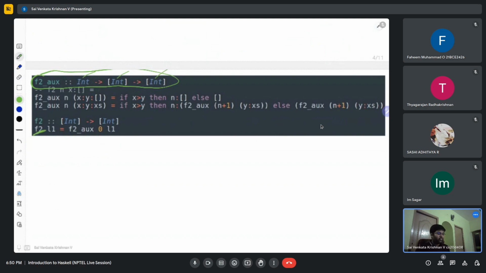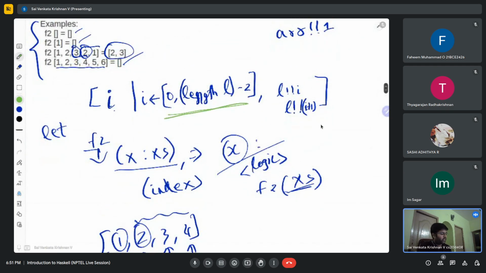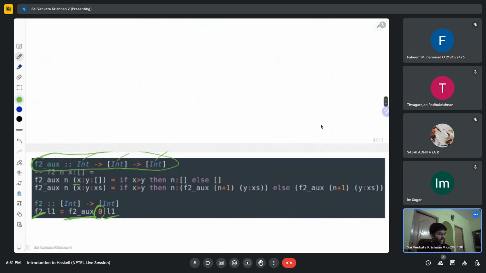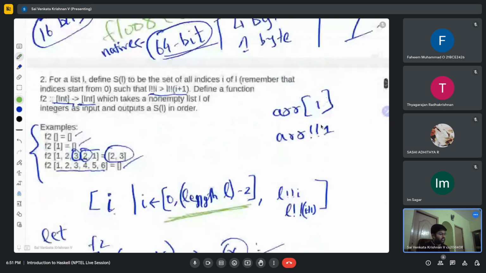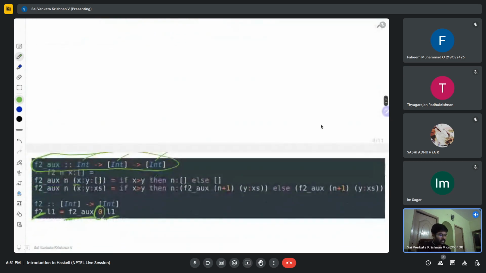And my f2 basically invokes the f2 auxiliary function with the same list L1, but I am initializing my index I to 0 and invoking f2 underscore auxiliary. My logic is a pattern match, the same way as this logic over here: length of L minus 2. I don't pattern match on an empty list because it is a non-empty list of integers. But there is a condition where